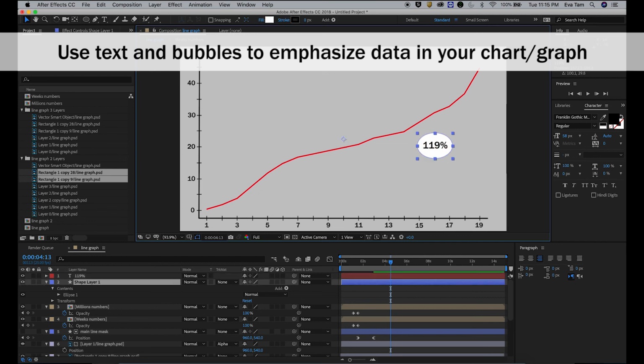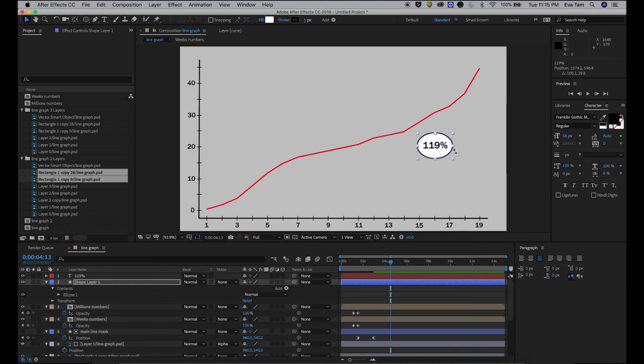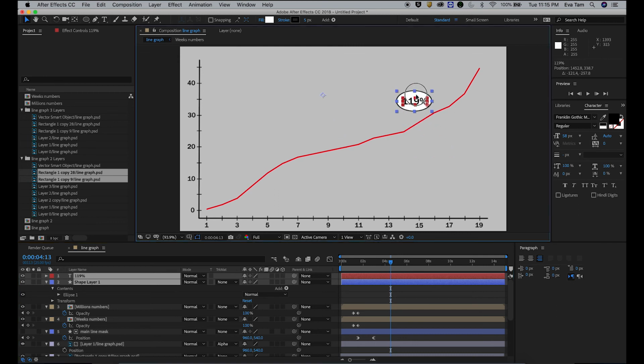And then you can actually do things to here. Like you can make a stroke here on top to the bubble. You can readjust this. Okay. See this? And if you click on these two layers together, you can move it together.